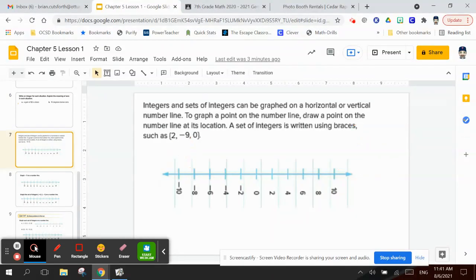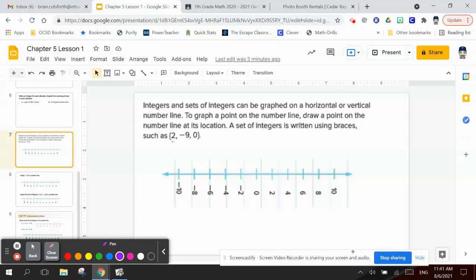On this example, it says integers and sets of integers can be graphed on a horizontal or vertical number line. To graph a point on a number line, draw a point on the number line at its location. A set of integers is written using braces, such as 2, -9, and 0. So if we were to graph that data,